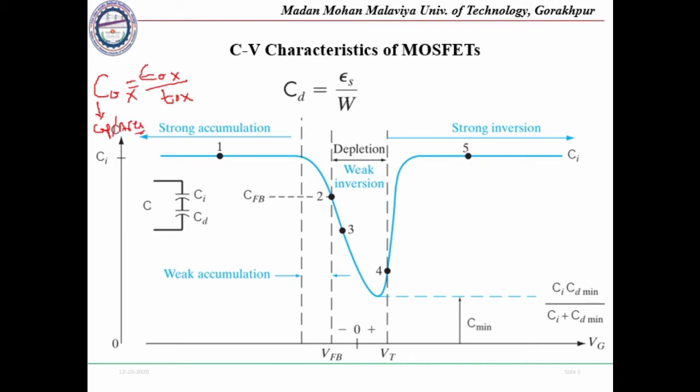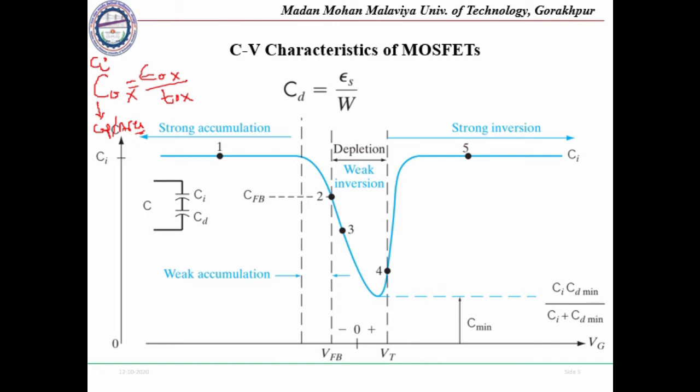Okay, so whatever capacitance we talk about now, COX or CD, it is a capacitance per unit area. That's why only these two terms will be considered. This oxide capacitance is represented by Ci. It is considered as the insulator capacitance, so it is just a name. So instead of COX, we can consider Ci, that is the insulator capacitance.